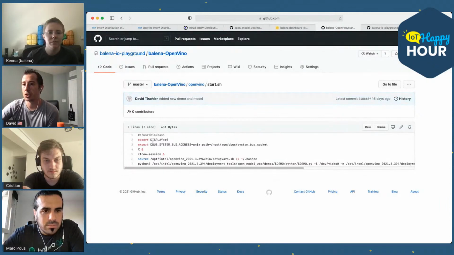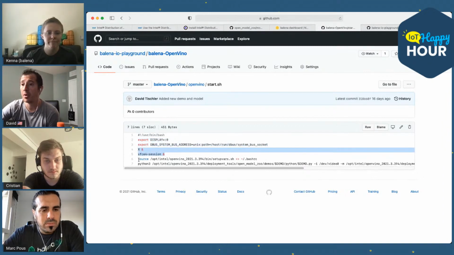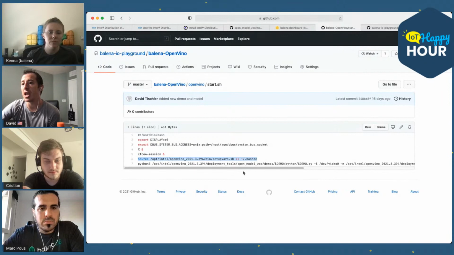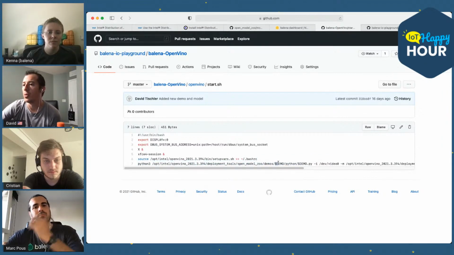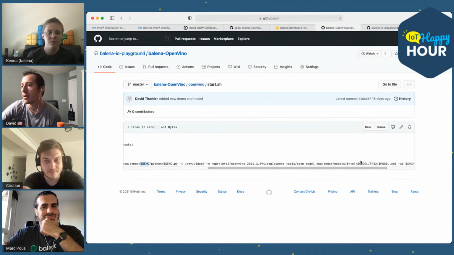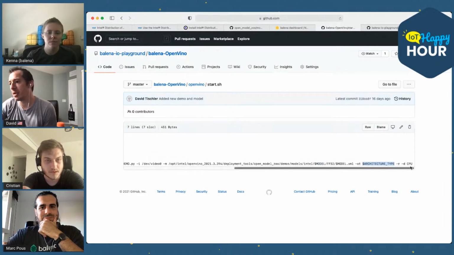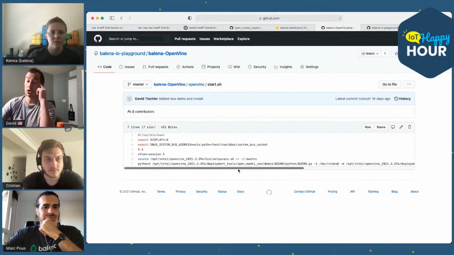The startup script consists of exporting the display, starting the desktop, sourcing the setup file, and then Python 3. And I've got in here, you'll notice I used a variable for demo and for model. And one other little thing here called architecture type, and we'll show those variables in a moment. But ultimately, the point is you just need to run your Python.